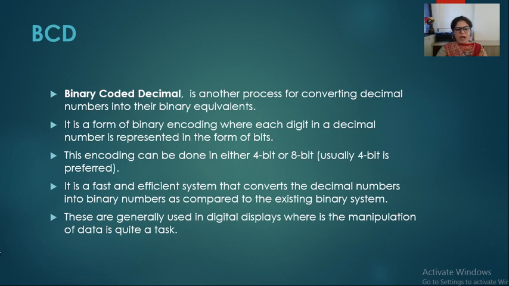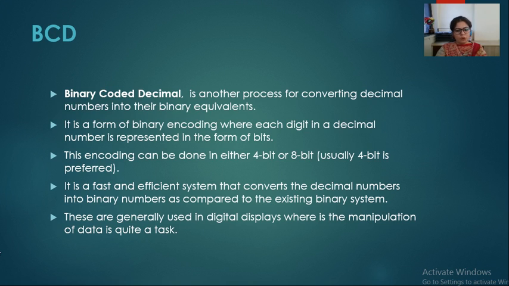As the name says, binary coded decimal form is the number system in which we can simply represent any decimal number with 4 bits. But this method is restricted: we can represent only 16 numbers. In the hexadecimal number system, we have a total of 16 numbers, 0 to 15. So the drawback of this method is we can represent only numbers up to 15, because in BCD code we have to represent every number with 4 bits only.